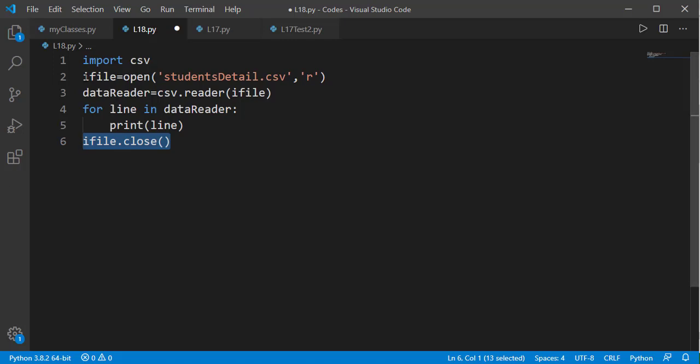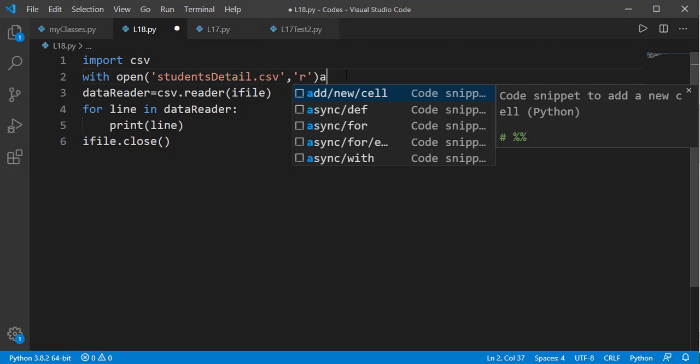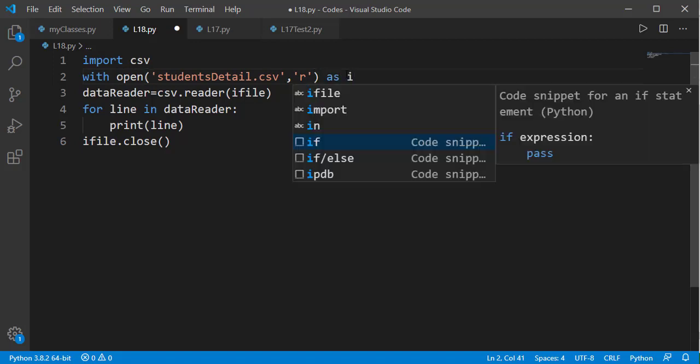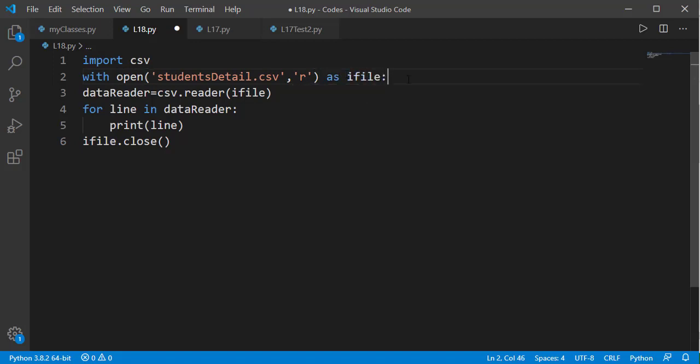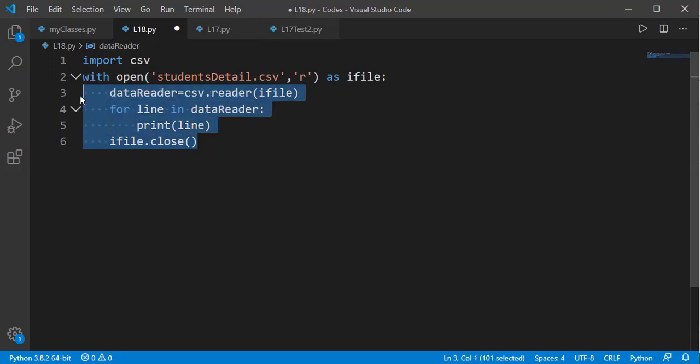One better approach is to use a statement named with while opening the file. This creates a context manager which allows us to allocate and release the resources precisely. The statements we want to execute on the opened file should now be written inside the block of this context manager.